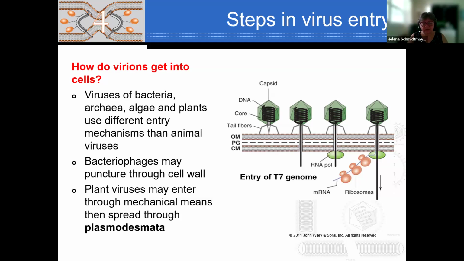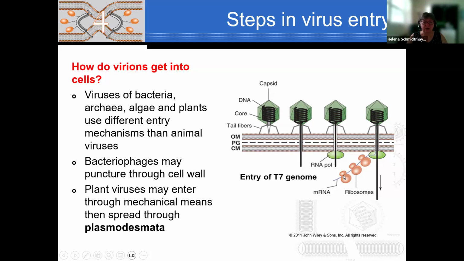However, the completely different way of entry is in bacteriophages and plant viruses. Why is that? Because bacteria and plants have cell walls, and therefore viruses can neither fuse nor endocytose. So how do they enter? Here is an example of T7 bacteriophage. Once it attaches to the surface of the bacterium, this attachment triggers conformational changes in some of its proteins, which insert into the bacterial wall and drill a tunnel